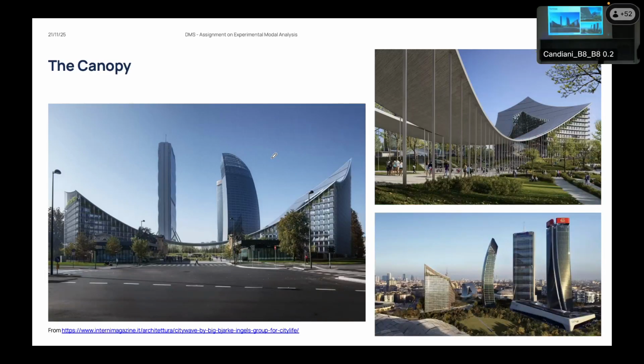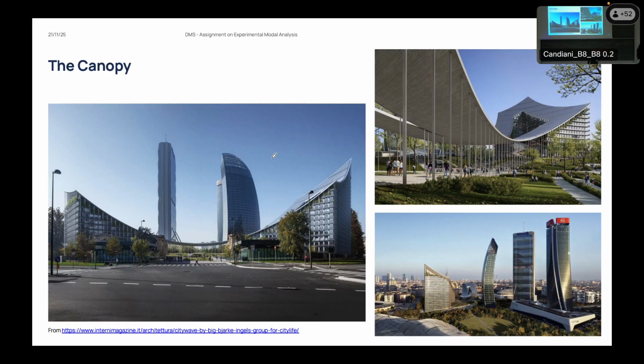This is the object of the study. I don't know if you have ever been in City Life here in Milan, but if you have been there over the last 6 months or 1 year, you have for sure seen the construction site of the canopy. The canopy is this connection between those two different buildings, approximately 135 meters long, and is located closer to